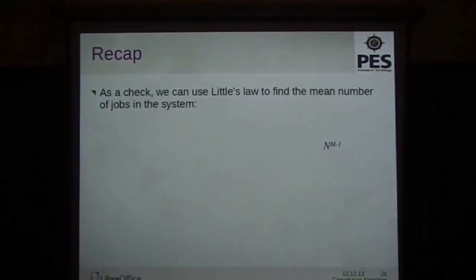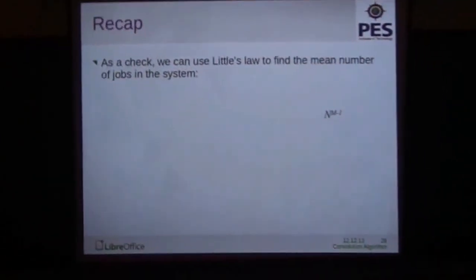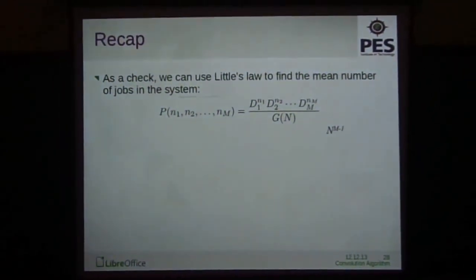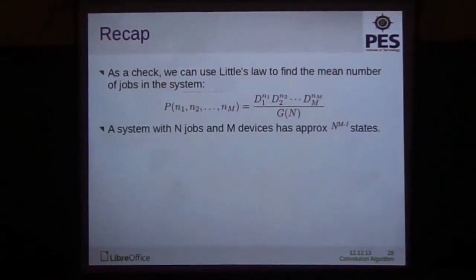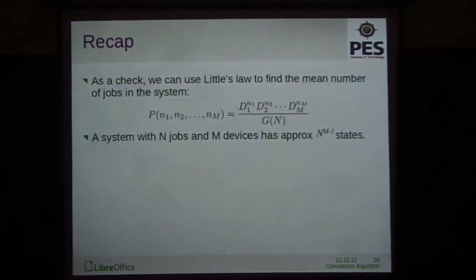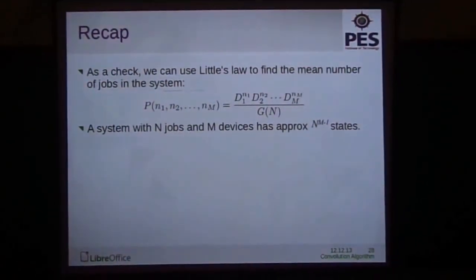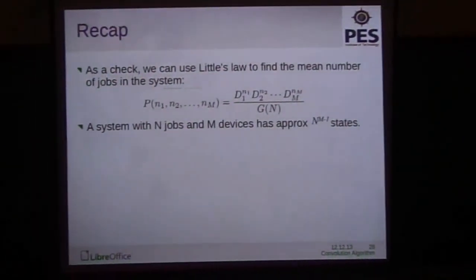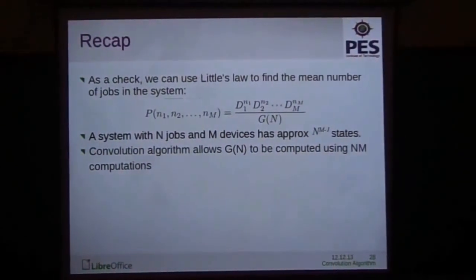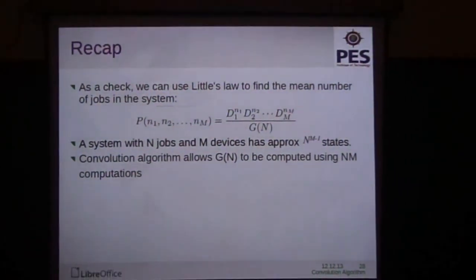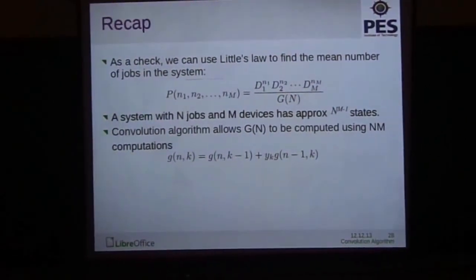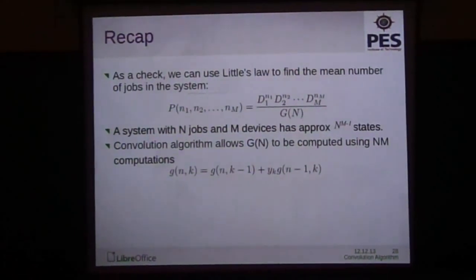So the recap is: P of n1, n2 up to nn comes to d1 to the power n1, d2 to the power n2, up to dn to the power nn, by gn. A system with n jobs and n devices has approximately n to the power n minus 1 states. The convolution algorithm allows Gn to be computed using n computations, where G of n, k equals G of n, k minus 1 plus Yk into G of n minus